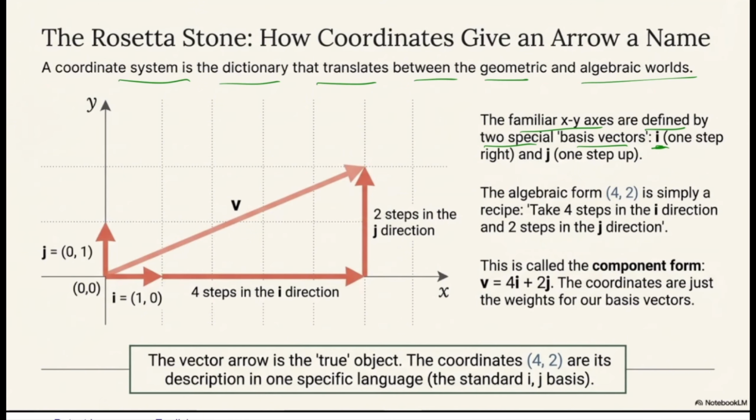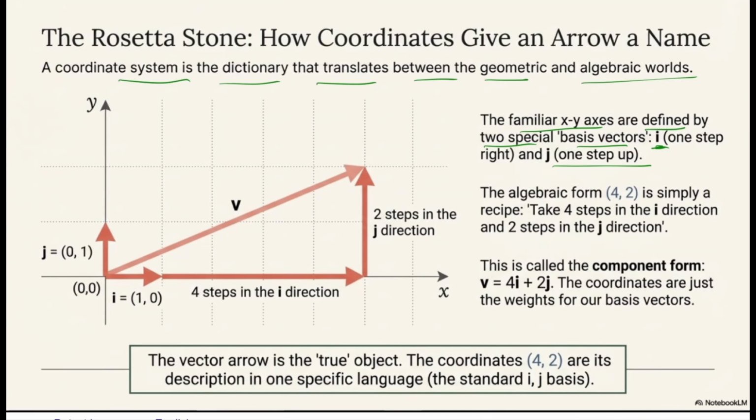Please do not confuse this guy with the i that we had with complex numbers. It's completely another thing. We are talking about vectors. Complex numbers are another dimension related to numbers, but these guys are just related to normal numbers. So we are not going to move to a hypothetical dimension. We are just working with the concept that we have, which is normal numbers. So i is going to be one step to the right